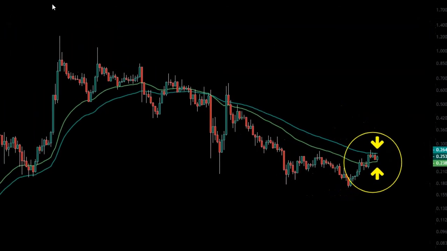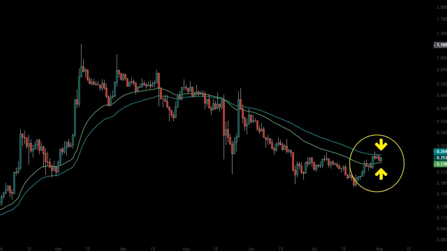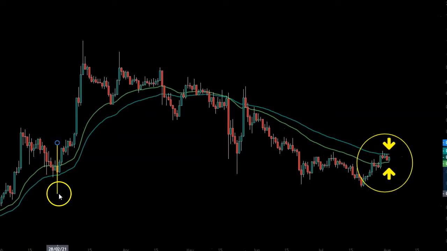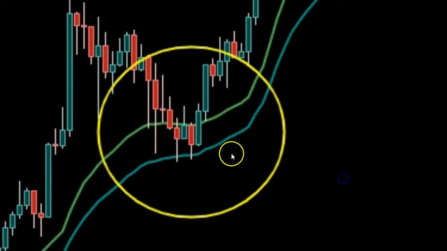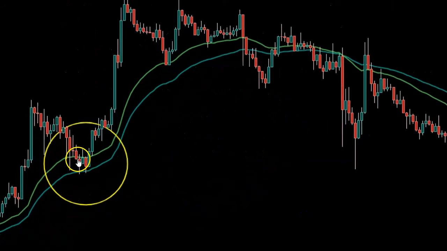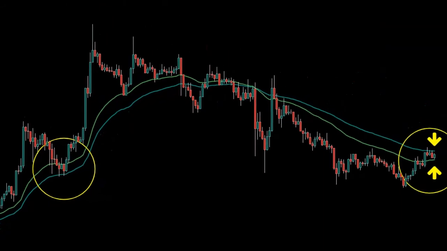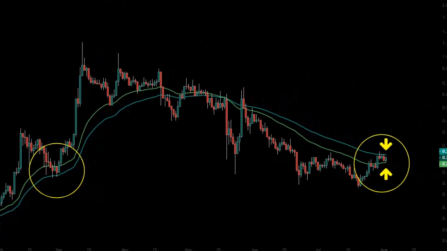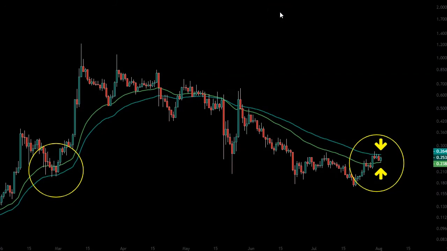So do keep in mind, you are not in the clear yet, because in here, for example, as we were going up, this was February of this year, those two moving averages show us a clear support. Right now, they are showing us a clear resistance. 34 is on our side, but 55, the stronger one, is pushing us down. So, signals are there. Confirmation, still not to be seen. Be careful, but keep an eye on SKALE Network versus dollar.